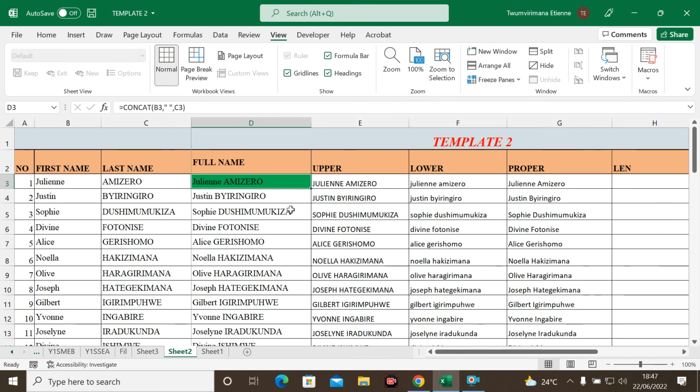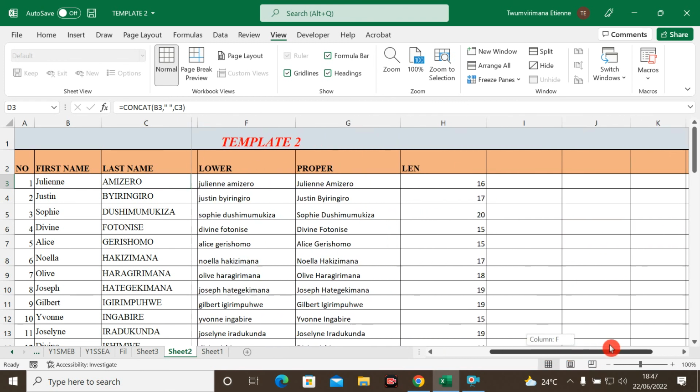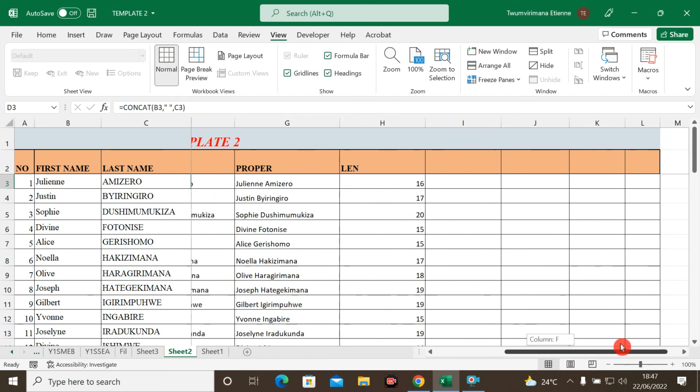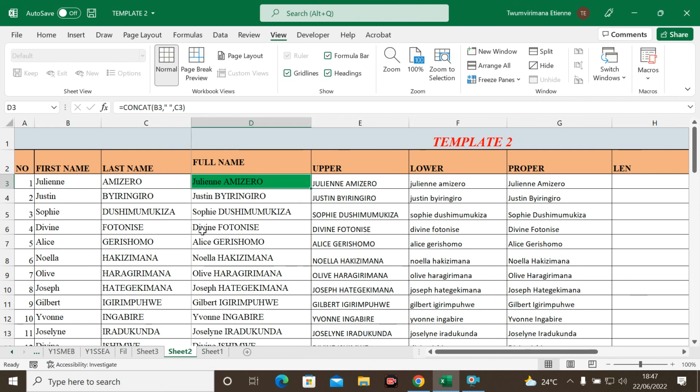Let me freeze panes. It means that once I go to Freeze Panes, all rows above this cell, the selected cell, and all columns before it on the left are included. Once I'm here, the three columns will stay there. Once I scroll to the right, you see, all columns just before my selected cell will be frozen,